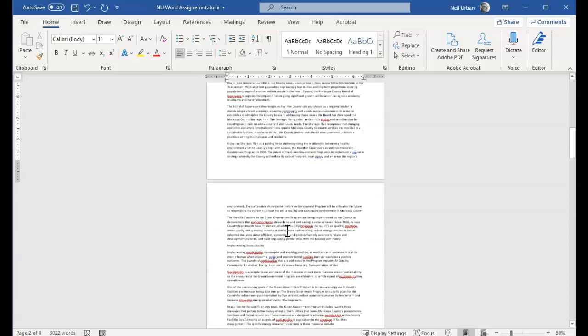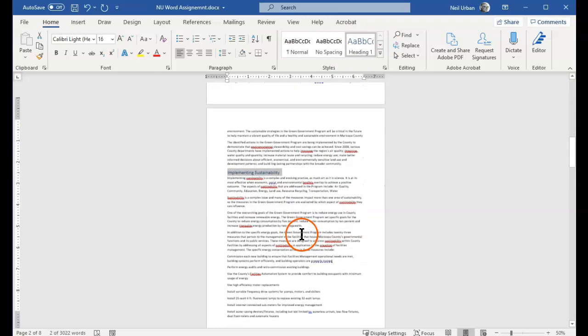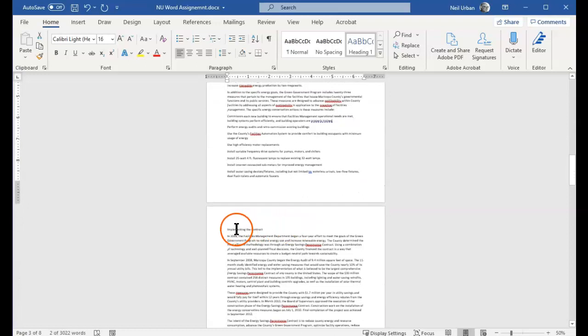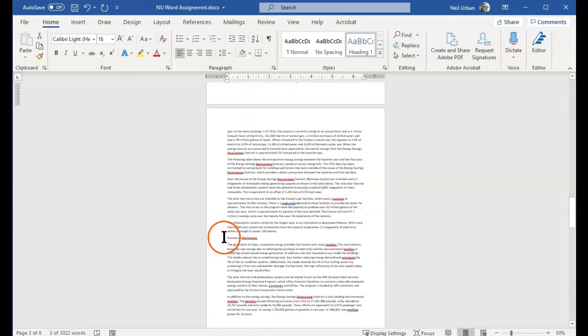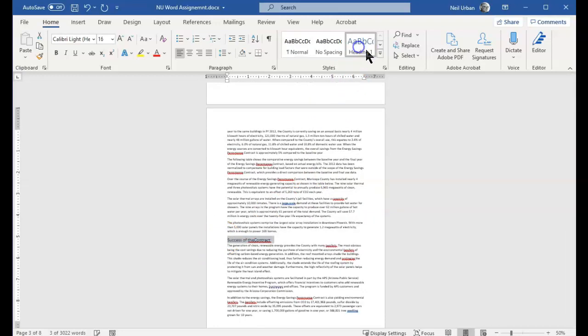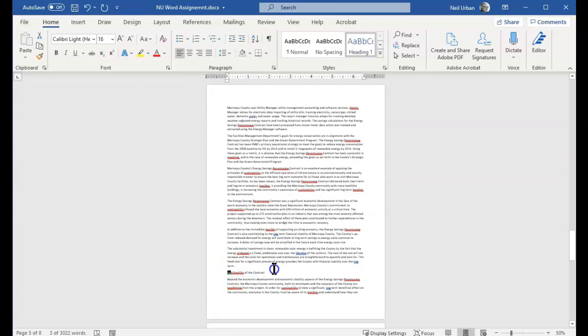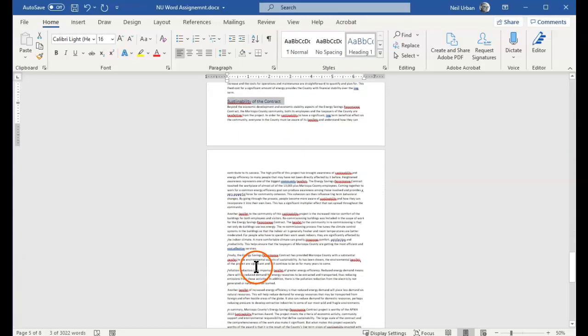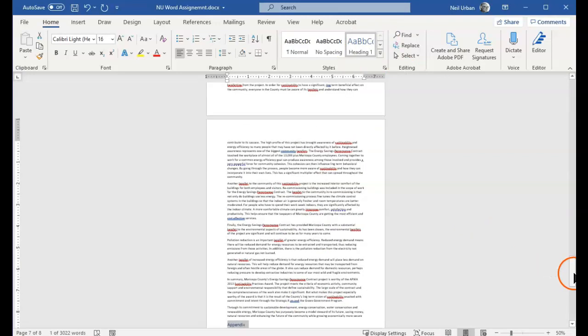We would end up with 7. We have implementing sustainability. That's the heading. We have implementing contract. And that's the heading. We have successes contract. And that's the heading. And we have sustainability of the contract. And that's the heading. And we have the appendix. And that's the heading. So now if we go back up,